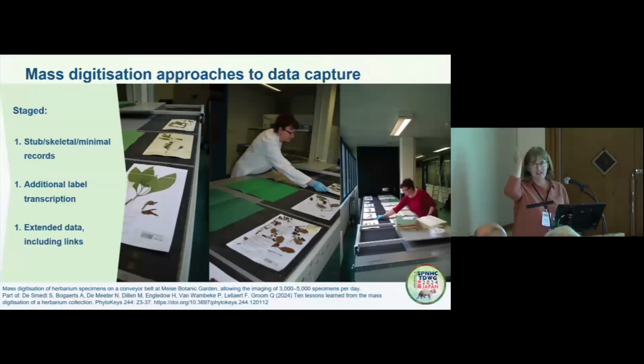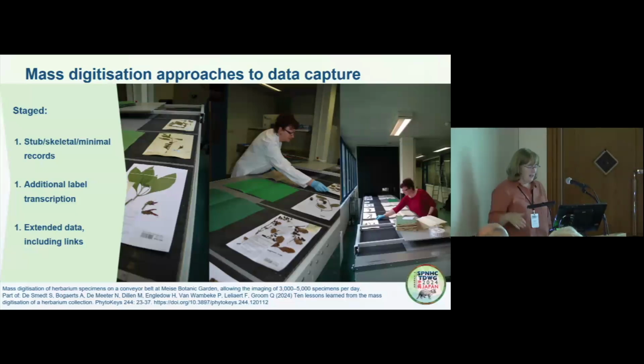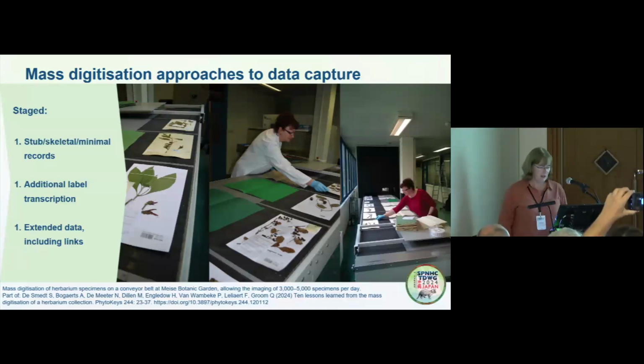Some of the things I'm going to say are kind of stating the obvious, but I'm going to do it anyway. So the number of collections that have been making progress in mass digitisation has really increased hugely over the last few years. We're aware that the cost and difficulty in transcribing some of the labels associated with the specimens has really required an approach that prioritises capturing parts of the data based on both research and curation requirements, as well as ease of